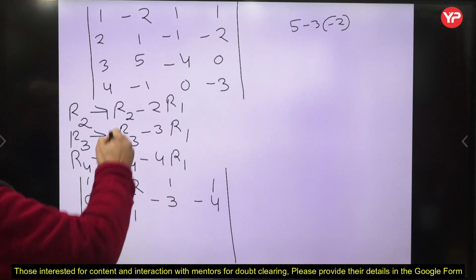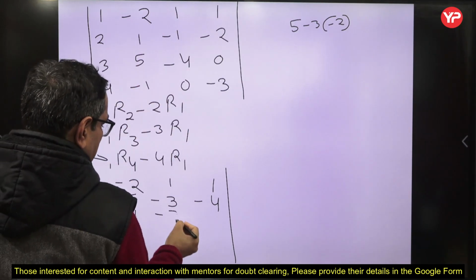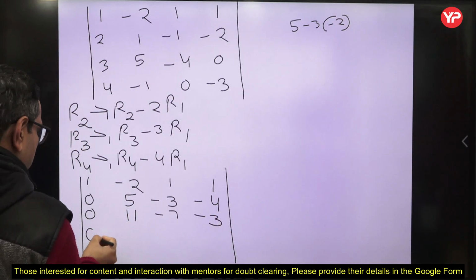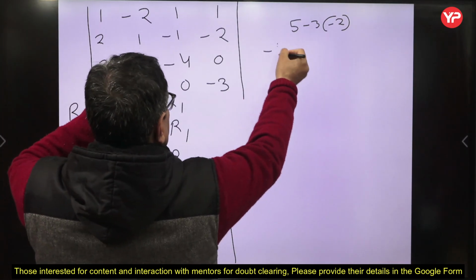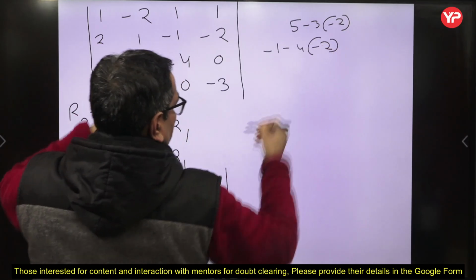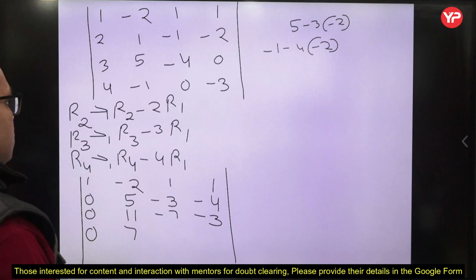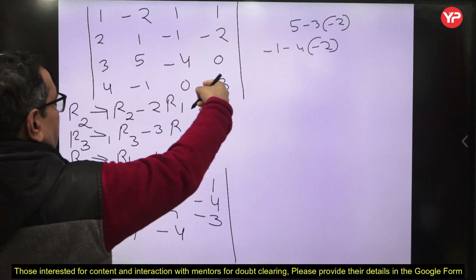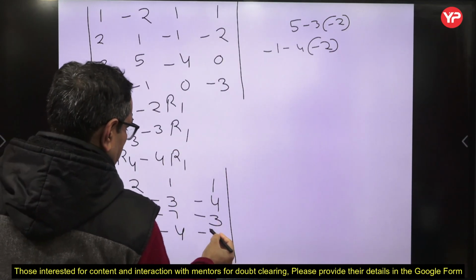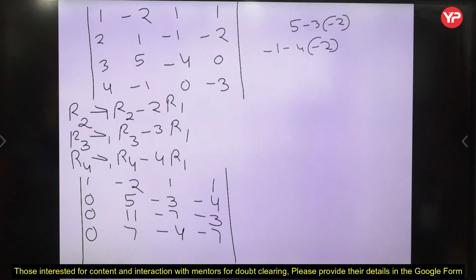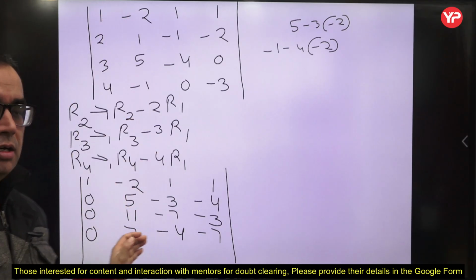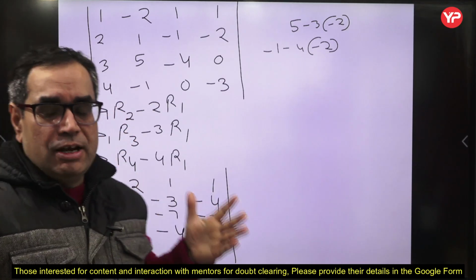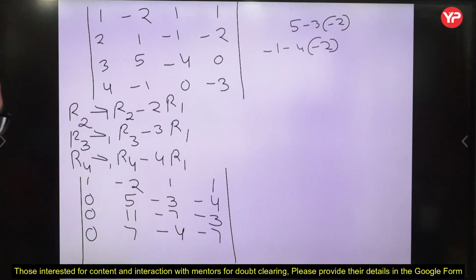Then minus 4 minus 3, so it is minus 7, and then minus 3. Then 4 minus 4, 0 here. Then minus 1 minus 4 into minus 2, so 8 minus 1, 7. Do the proper calculation, and 0 minus 4, and then minus 3 minus 4, so minus 7. Now this determinant is equal to the original determinant using these properties. If we apply these kinds of elementary operations, then the value of the determinant remains the same. So both have the same value, right?